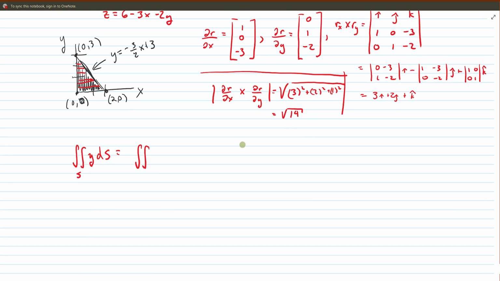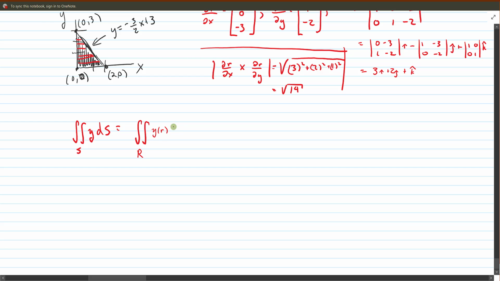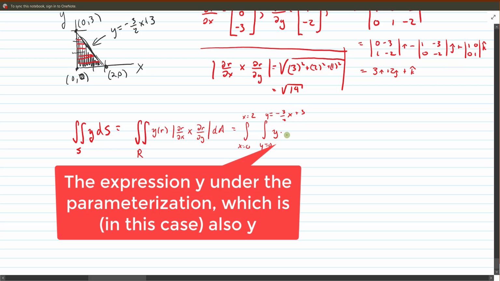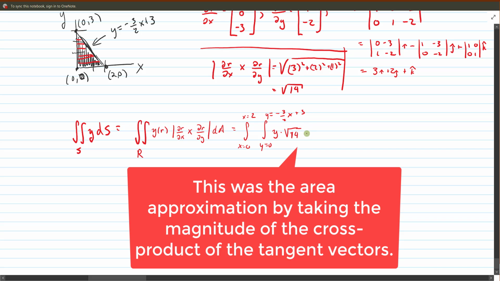So we're going to integrate this between x equals 0, x equals 2, y equals 0, y equals minus 3 halves x plus 3, and then y, because I replace y with y in the parameterization, times the square root of 14 dy dx. So solving this,